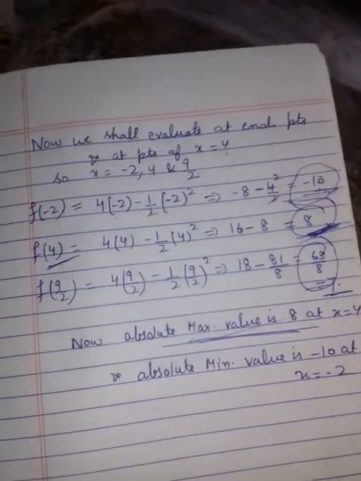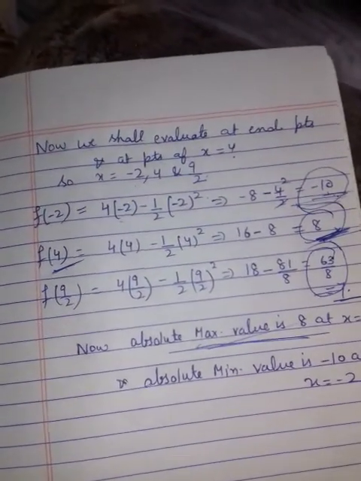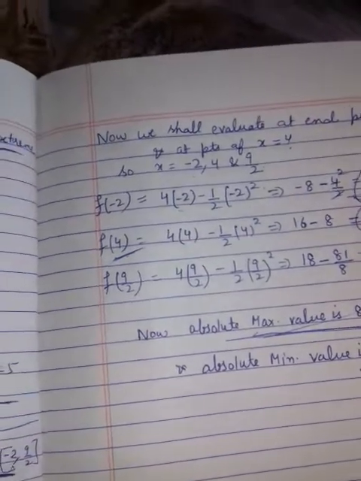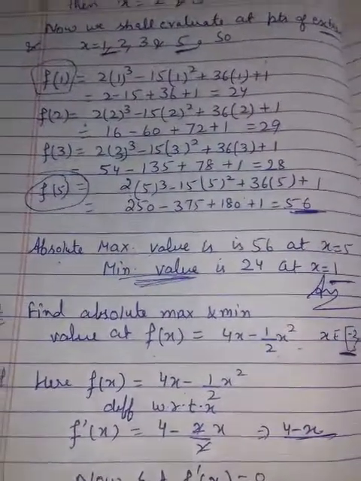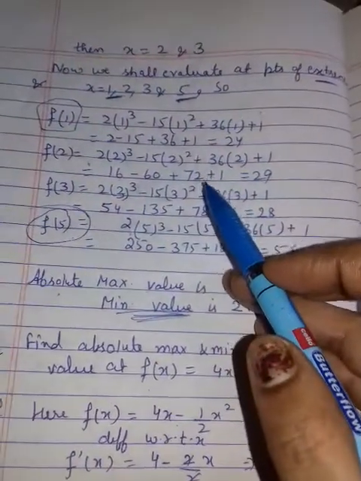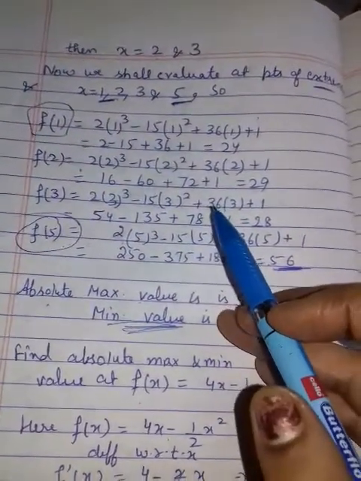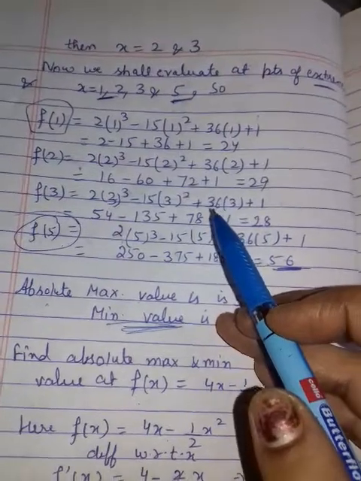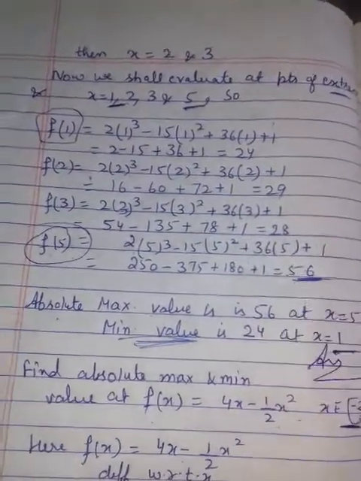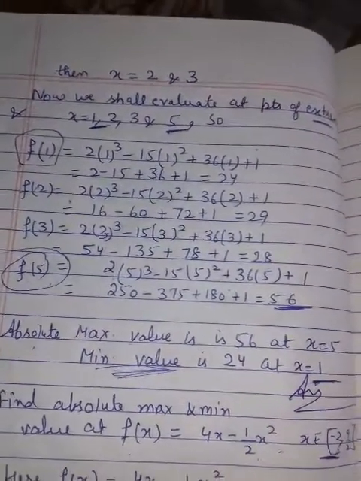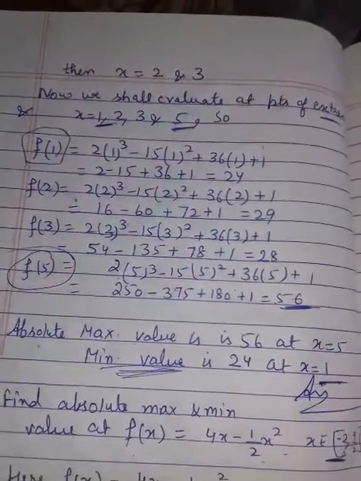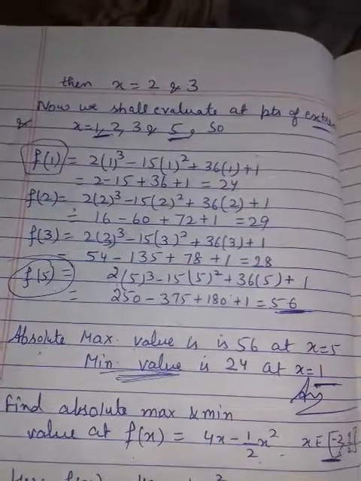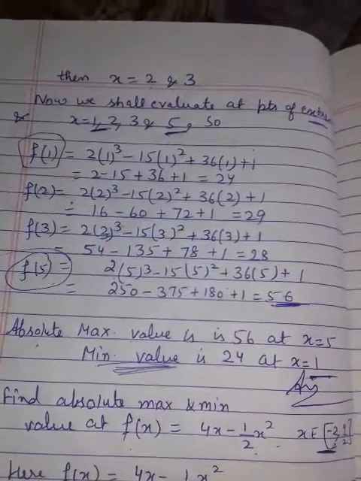For absolute, you will take the same one, and there is no need to take the second order derivative. You will put these values in your given function only. But in local maxima and minima, you will put the values in f double dash. Then you will see, and which is maximum you will take as a minimum, and which is minimum you will take as maximum. I hope you are getting it. It is an easy one, but this is an important question from the examination point of view.